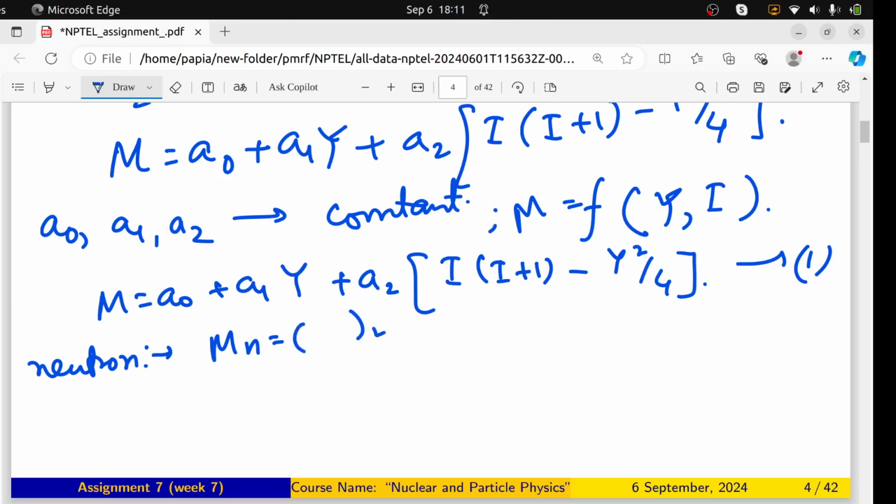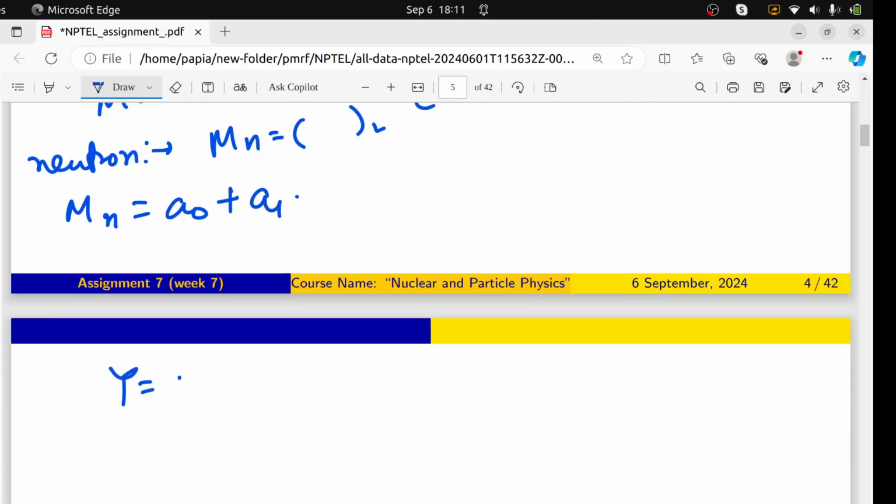So for mn case, I am writing here mn. Mn is a0 plus a1 into y, okay. So what is the value of y for neutron? Neutron has an expression: y equals b plus s minus c minus b prime plus t by 3. So obviously c is the charm quantum number, b prime is the bottom quantum number, and t is the top quantum number. So for neutron